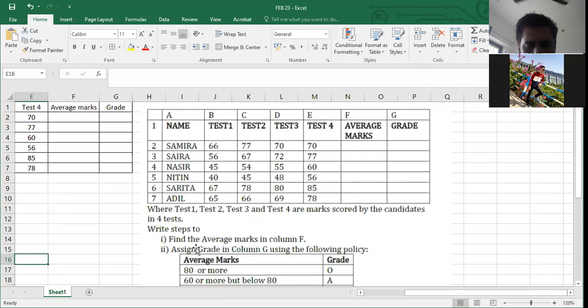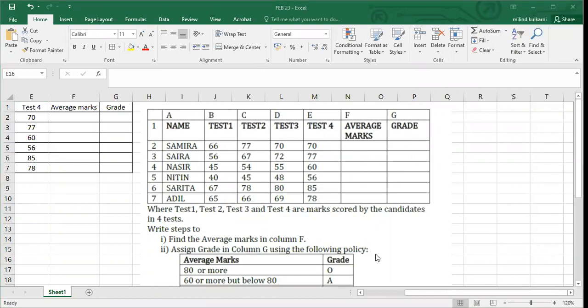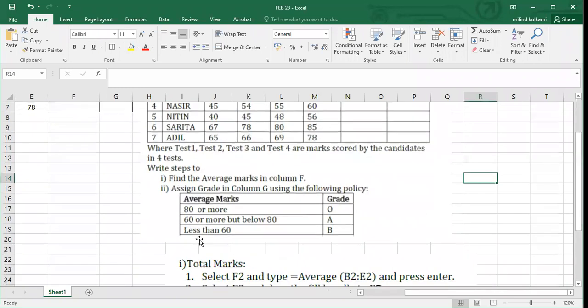See, write the steps to find the average marks in column F. In the exam, first write the theoretical part or procedural steps to find out the average marks in column F. Then second, assign grade in column G using the following criteria, and the criteria is average marks.